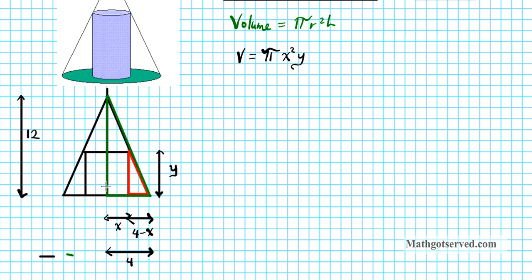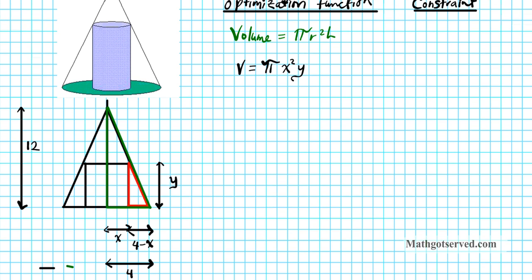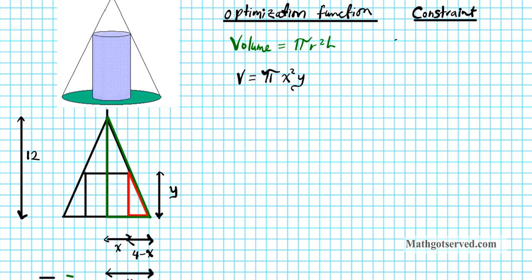So we have this big triangle right here that is 12 by 4, and we have a small triangle right here that is y long by 4 minus x. Let's state it right here: Method 1, for finding the constraints, is using similar triangles. Just to make sure everybody understands this, I'm not trying to bore you here. I'm just going to draw the two triangles separately so you can see what I am doing. First we draw the bigger triangle,